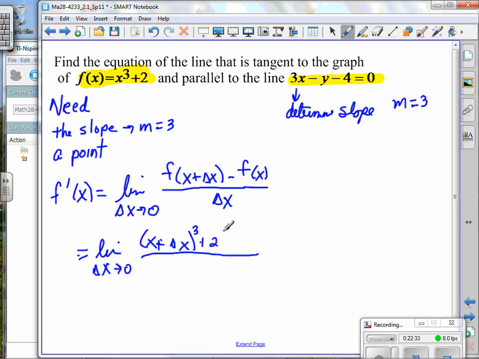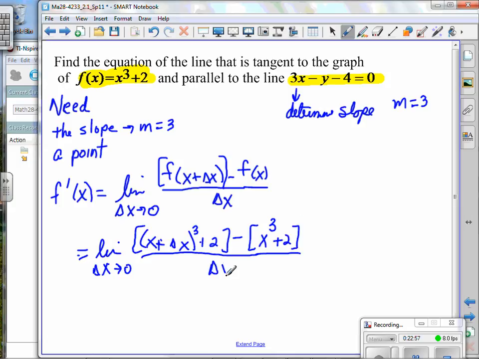And I'm going to put this in brackets to remind myself and you that in fact this is f of x plus delta x. That's this whole quantity right here. Now, continuing on, I need now to put in f of x. Well, f of x is x cubed plus 2